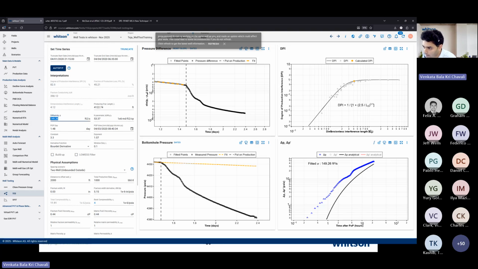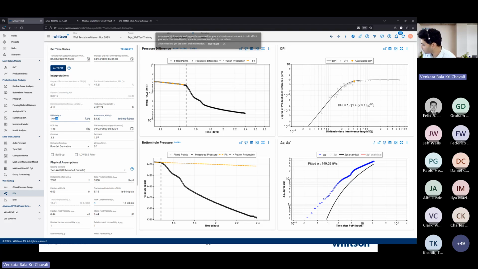You can also take the diffusivity from this analysis and use that to compare the interwell connections. So if you have a pad with about 5 wells and you've had a test that measures the DQI for each of those well pairs, you can rank those tests by the diffusivity, and that would get you very close to estimating that interwell connection or the impact, right? So higher diffusivity would mean any change you make on one well is felt on the other really quickly, versus the